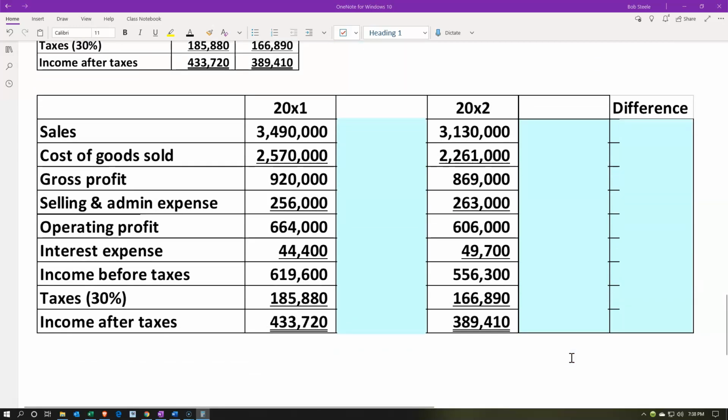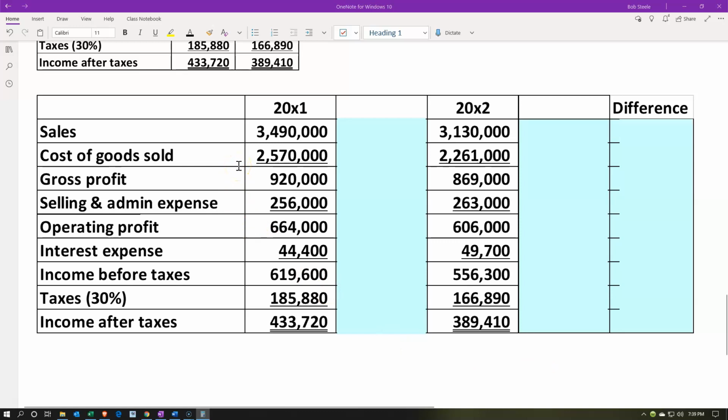So notice that we can now look at the income statement and compare all line items on the income statement to the sales, because remember, the sales is going to be the goal of the income statement. If you have this type of comparison, then you can use it to compare against other companies if you want to benchmark against other companies that make more or less than the company that we have. For example, if we wanted to compare to another company that makes much more money than us in terms of revenue, but we're in the same industry as they are, we can't compare the dollar amount too